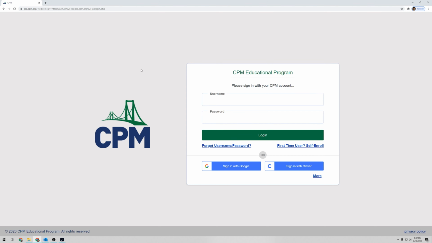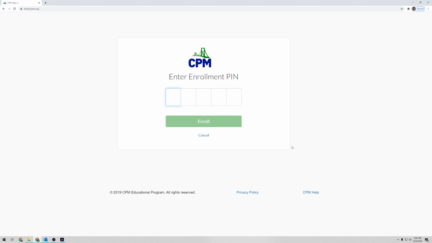And since we're all registering to access the book for the first time, we want to click on this link on the bottom that says First Time User Self-Enroll. Now we end up at this page that says to enter our enrollment PIN. This PIN or code you're actually going to get from your teacher. So make sure you have the correct code for your class that your teacher gave you so that you can access the correct textbook. So if you have that PIN, go ahead and enter that now, and we'll move on